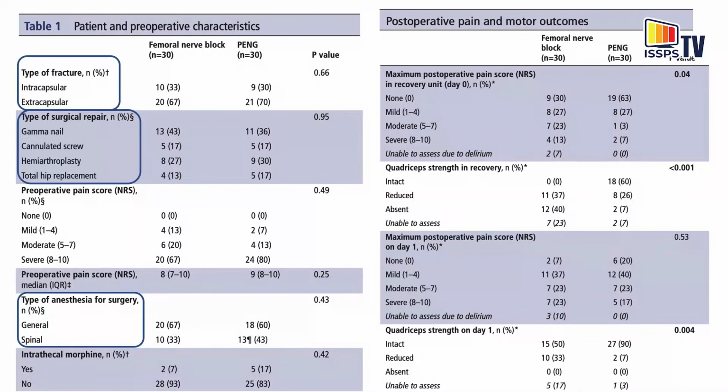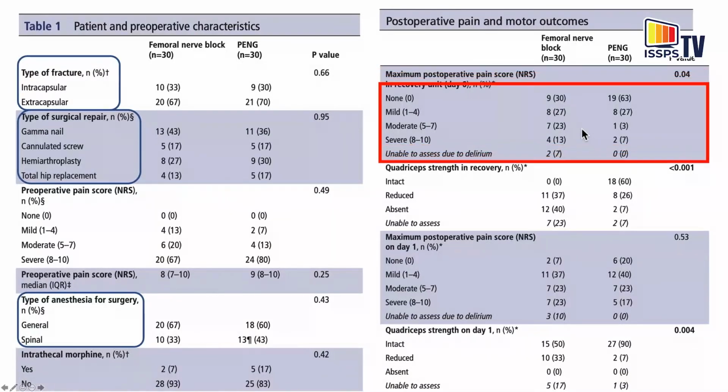in the first 4 hours, they have a significant difference in terms of the pain. They did not find any difference after this. So in the first 4 hours, the pain score difference is substantial. You can see here, around 2/3 of them are pain-free. And here with the femoral nerve block, only 1/3 of them are pain-free. But interestingly,